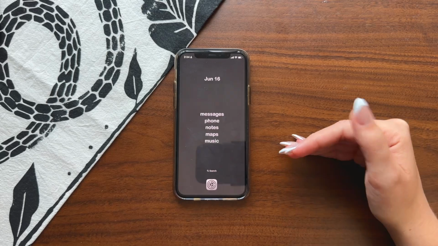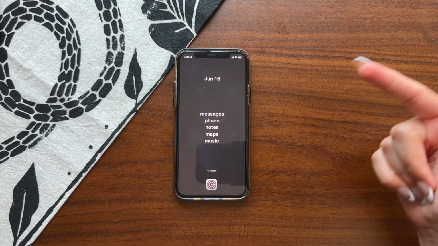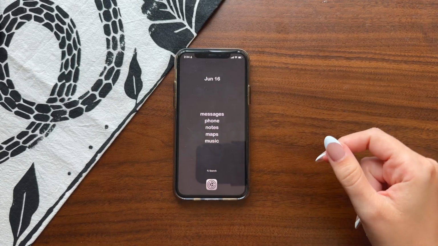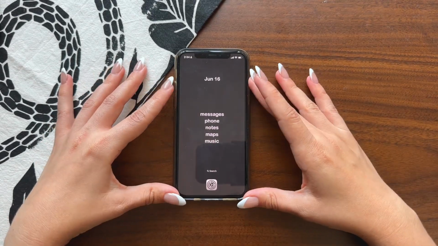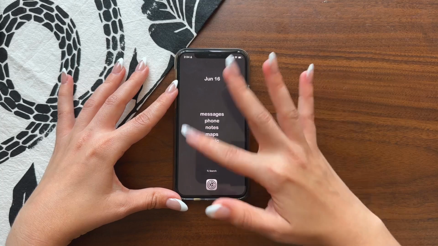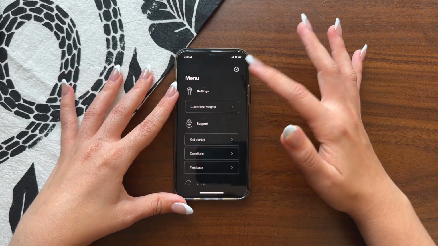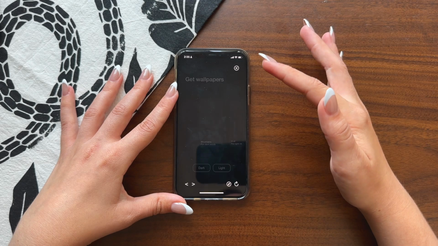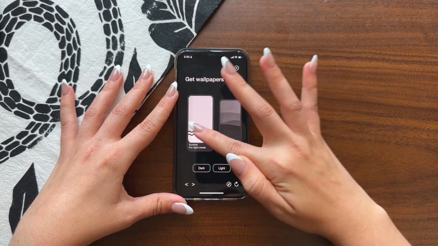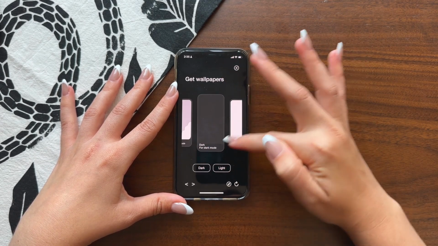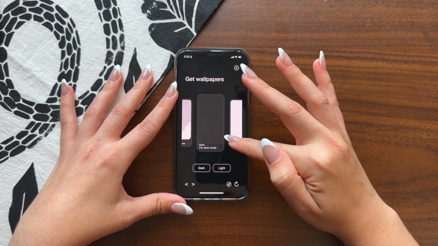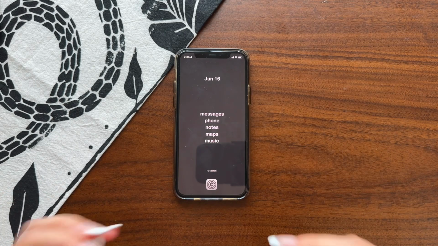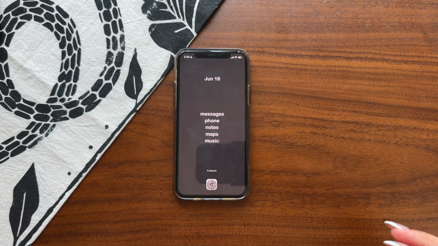It forces your brain to think consciously about what you want to open by reading things. So it's a lot slower, it's a lot less immediate. You'll also notice that I have a background that matches the widget color. So the widget color is automatically this gray color. In the app, there's a way to get different wallpapers, and I just chose the one on dark mode that's completely black or completely gray, because I like to keep my phone in dark mode. And the reason I do this is again to further remove color from my phone